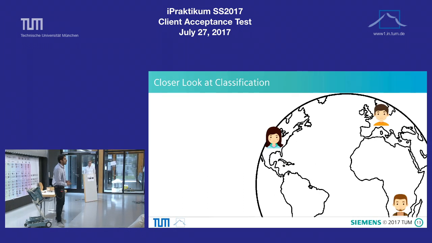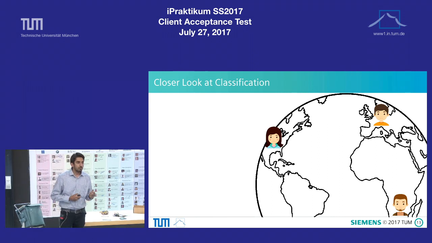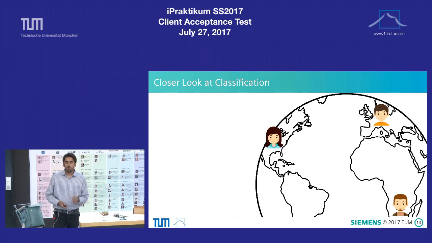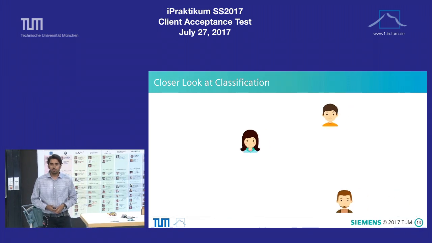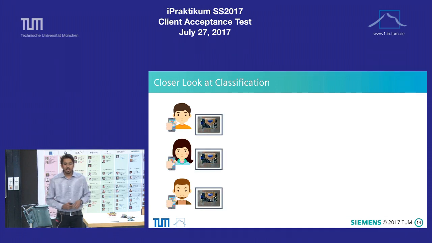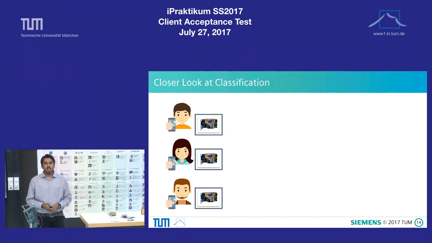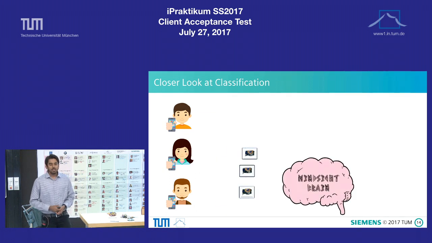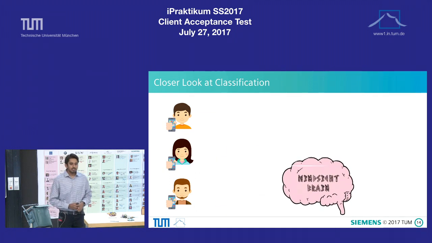Now we have seen how our app can be used to classify extremely similar objects and give relevant information about that. But how exactly does it work? Our app uses the power of crowdsourcing. Siemens employees throughout the globe can share their knowledge by labeling the images. We also provide them with the functionality of cropping the images so that they get rid of noise and focus on the object. These images are then sent to the MindSight brain, where they are being processed, and